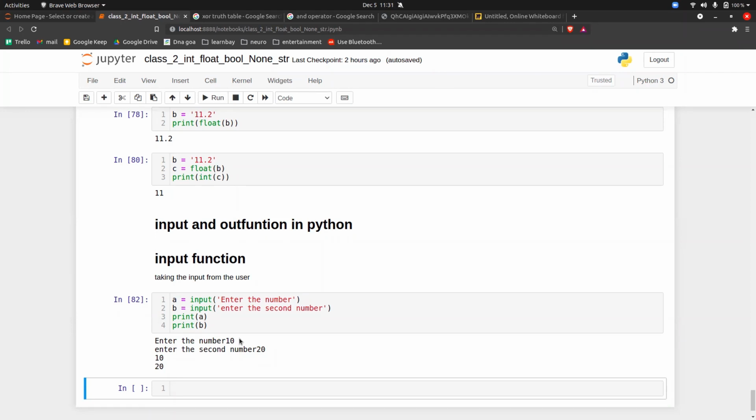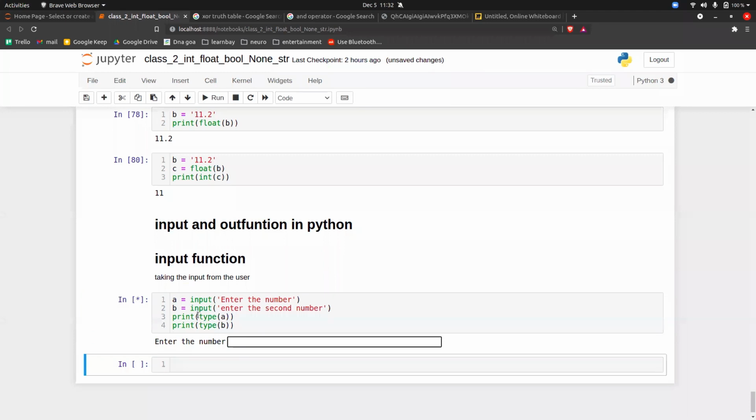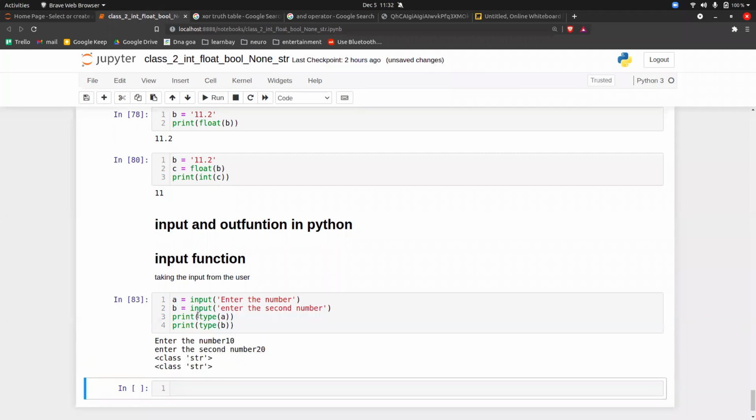If you see it, it will be type of A. Oh, sorry, my bad, it is type of A, not str. Execute it, 10 and 20, and the type is string.